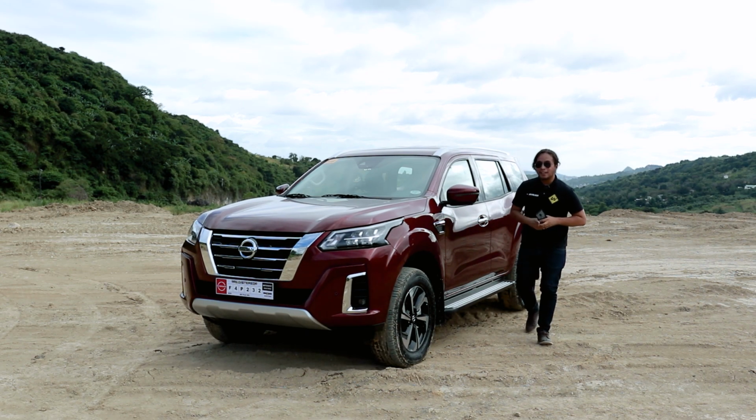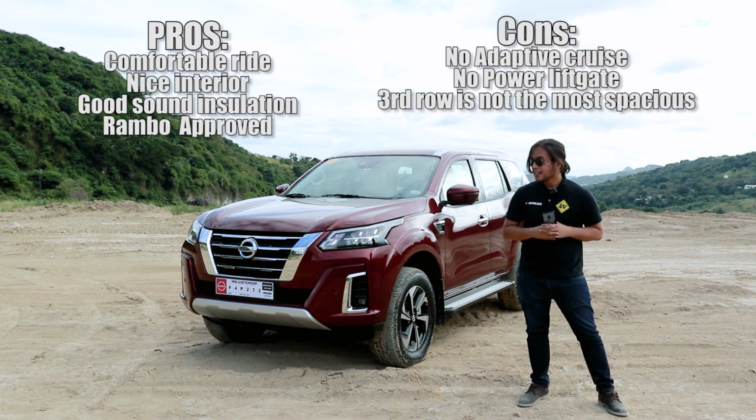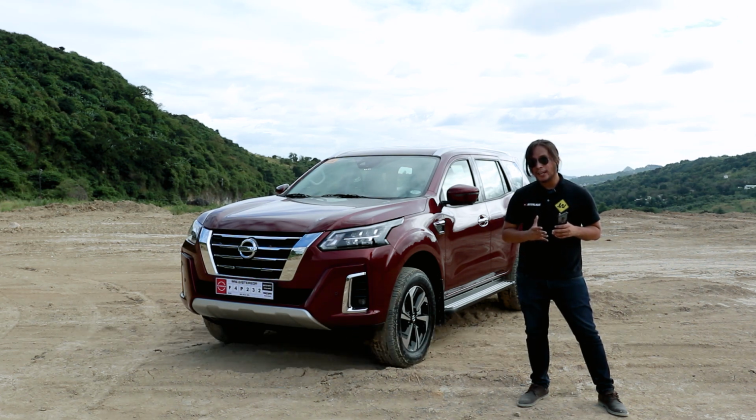So the new Nissan Terra is definitely a huge improvement over the previous one. I think in terms of NVH levels and ride quality, this is one of the best in the segment. It also has one of the best interiors. The only thing missing really is adaptive cruise and the power tailgate. But if those are features that you think you can do without, then this might be the right